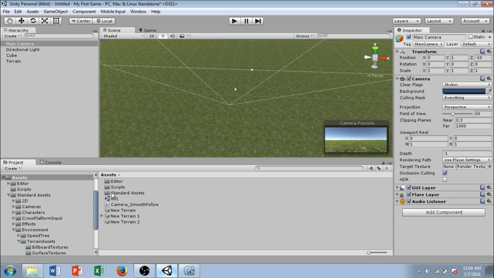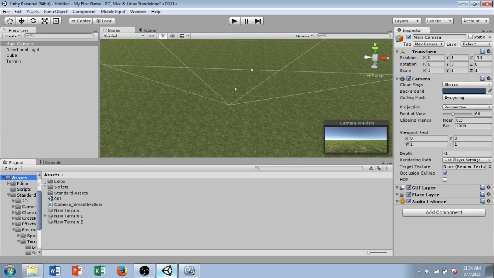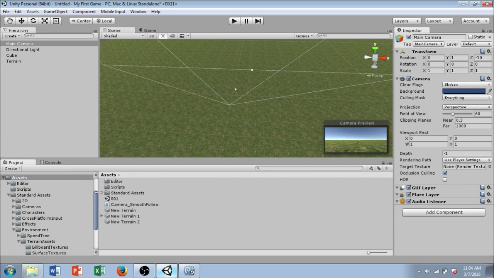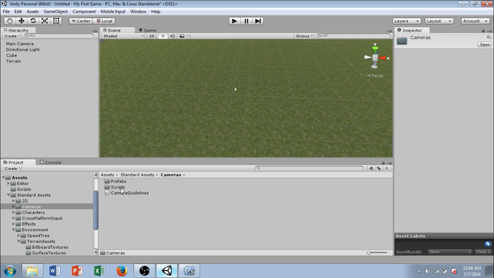And for this example, I'm going to want to make sure that I'm clicked on the assets tab over here in the bottom. And if you imported your camera packages, it should be under standard assets and cameras and scripts. There's scripts for you to use for the camera, but for our purposes we're going to use this script that